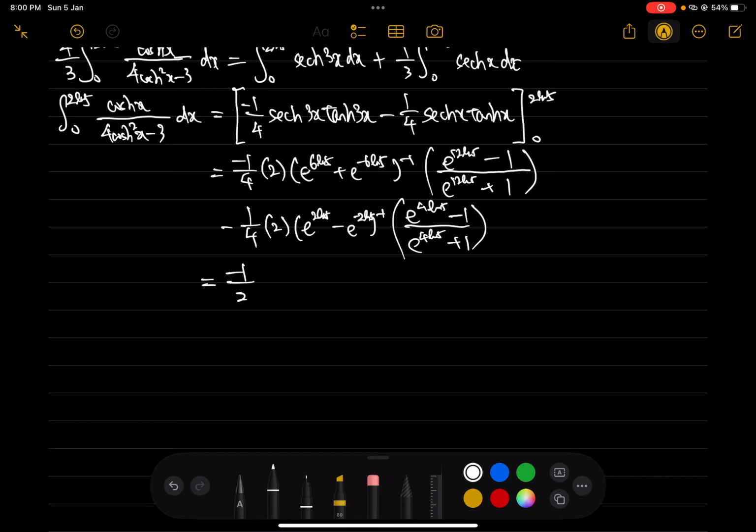So negative 1 over 2, 5 to the power of 6 should be this. Negative 1, and then 5 to the power of 12 is, that's a huge number. My goodness. Minus 1, so that is